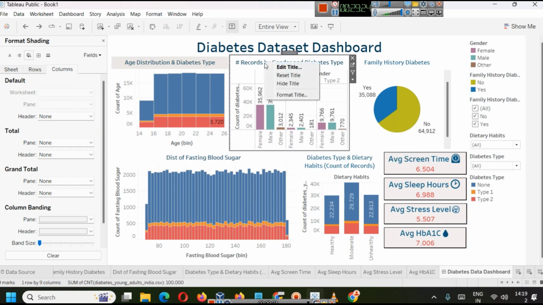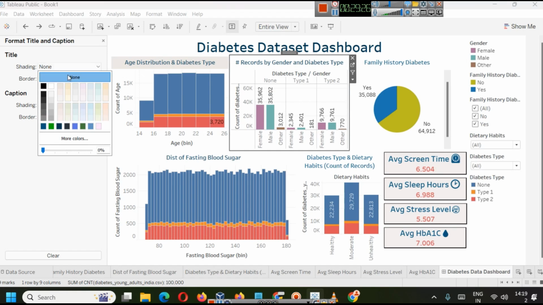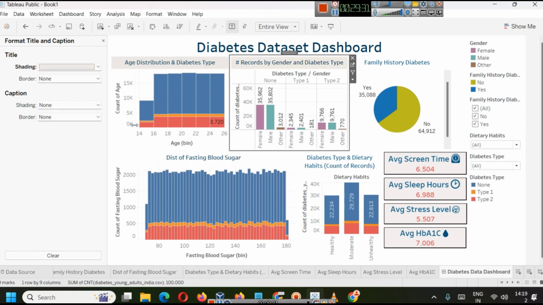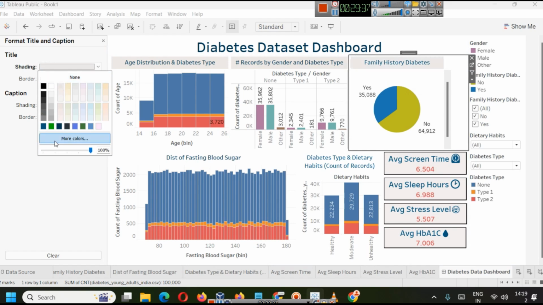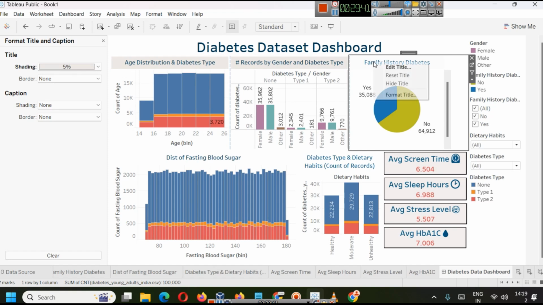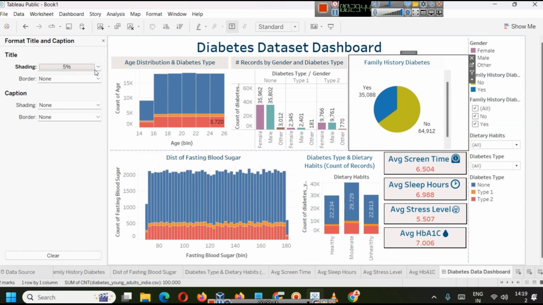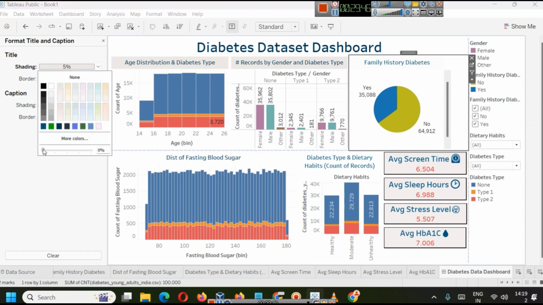So what I'm going to do, I'm just formatting the titles here so that we can simply see some kind of boundary between that row and our titles. So let me select it. Here we have selected 5%,